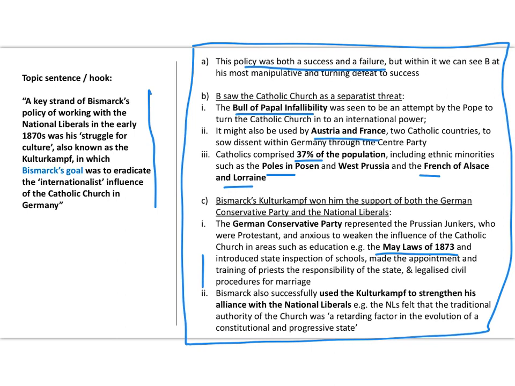So the argument that it was a success because it ultimately won him the support of both the German Conservative Party and the National Liberals. He successfully used the Kulturkampf to strengthen his alliance with the National Liberals at the time when he needed their support. But obviously there was great resistance from the Catholics, and in the end Bismarck had to abandon the Kulturkampf, but that tactically made sense because at that point he needed to break his alliance with the National Liberals because he wanted to follow the policy of protectionism as we move into the late 1870s, and you can therefore see the link with the next and final